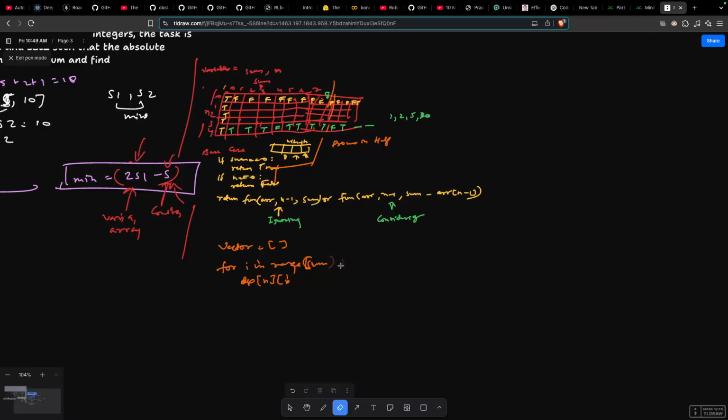We'll go till half only, because we don't require plus 1, because half plus 1 range, last will be ignored. So dp, here it would be i, dp and then i. So we'll go, and if dp n equals true,